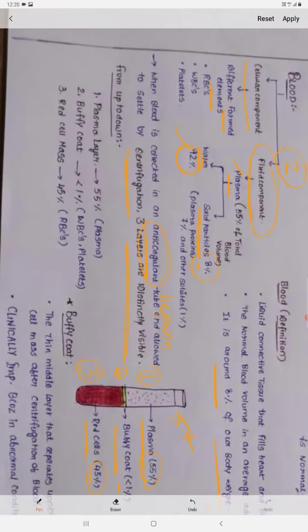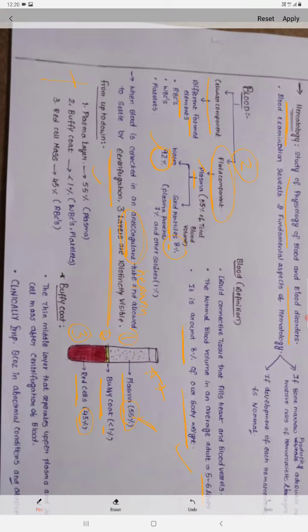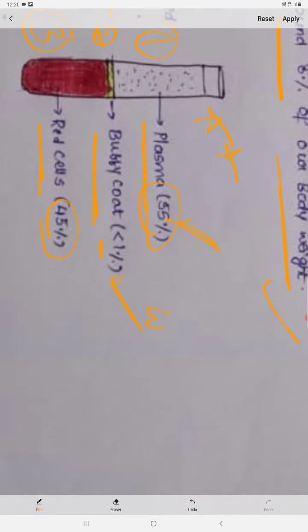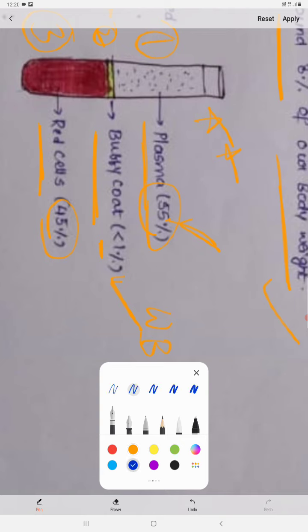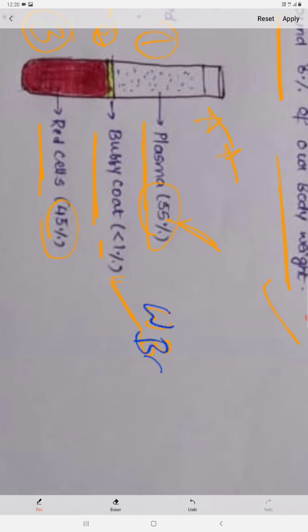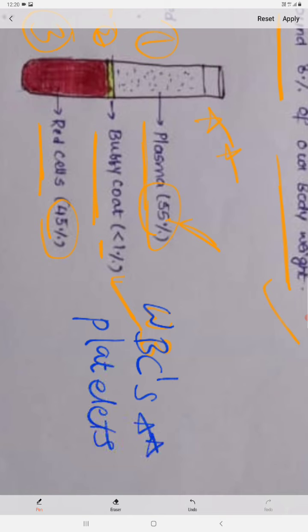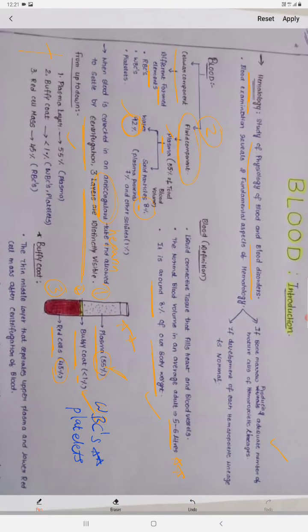Okay, going from up to down, that's what I have written here. That's the plasma layer, 55% we can see here, and then the buffy coat, that is less than 1%. It consists of WBCs and platelets. WBCs and platelets are present in this buffy coat, and this buffy coat is clinically very important, because in normal conditions, in a normal individual, it consists of the WBCs and the platelets. But in abnormal conditions, if something becomes abnormal, then definitely abnormal cells are present in the buffy coat. So by performing centrifugation, we can observe whether any abnormality is present, or whether everything is normal, we can find out like that. So the buffy coat is the thin middle layer,